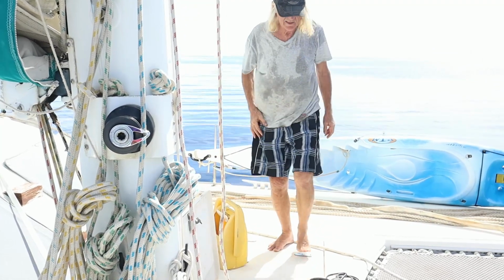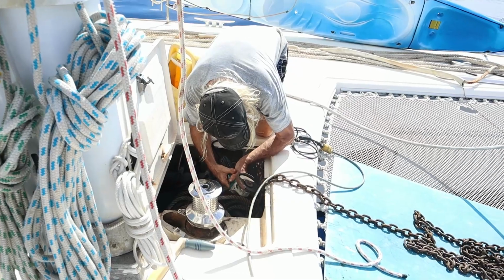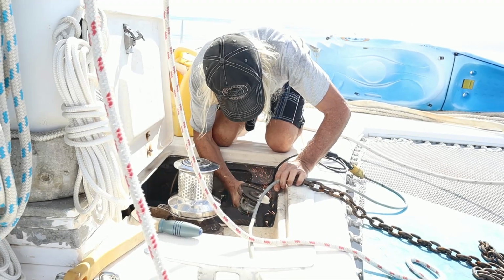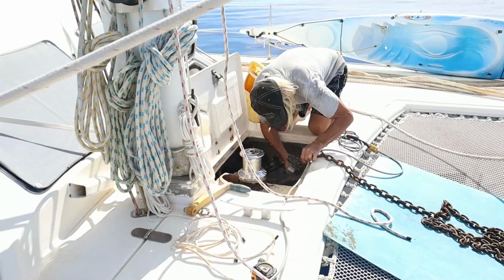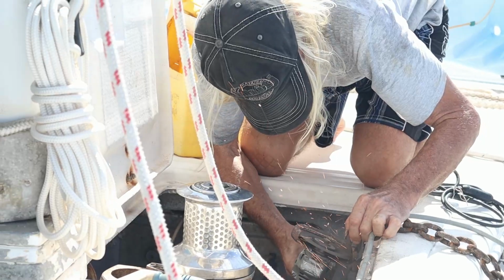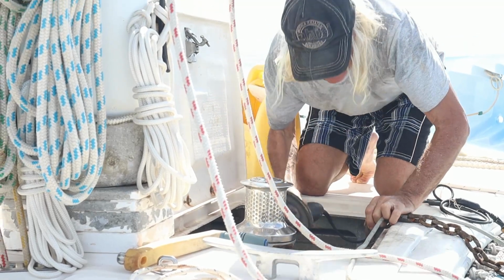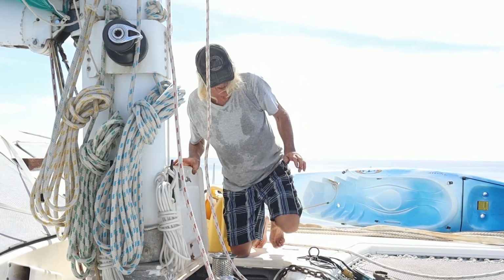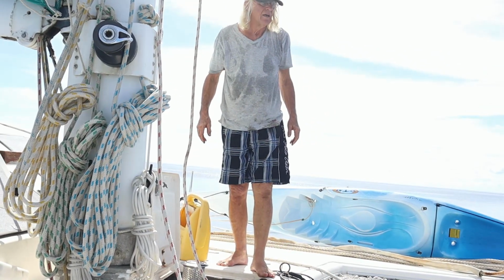Let me get my glasses and I'll cut them. We'll have to rinse this off before everything rusts, because we'll have rust all over the place. You finished? I need my